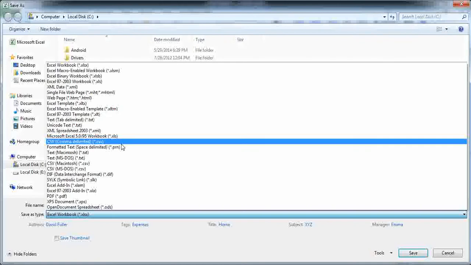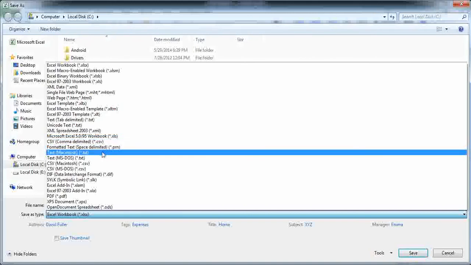That is, any two values that you would store in a CSV file will have a comma separating them. So if you have for example the words David Fuller, in a CSV file these two words would appear as David comma Fuller. There would be a comma separating the two words in that name.